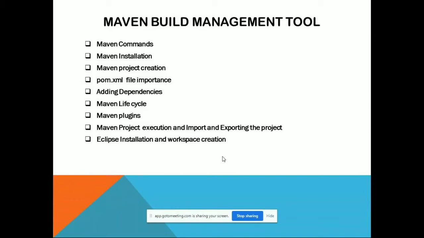So whenever you share a project with a person at a remote location, they will automatically get all the downloads by using this Maven tool. I will explain everything in detail.